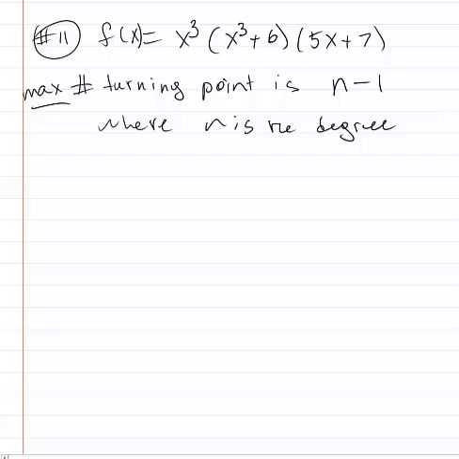How do we find the degree? Well, you have to look at it this way. If you're going to start distributing this polynomial, the largest term that you're going to get, which is what we need to determine the degree, will come from the largest terms in each factor. So in x cubed plus 6, the higher term is x cubed, and in 5x plus 7, the higher term is 5x. So when you multiply this out, the leading term